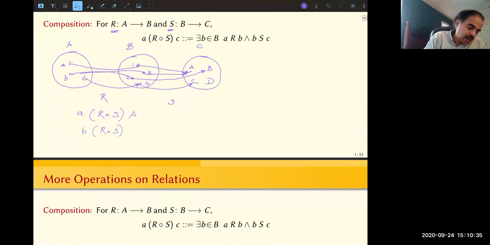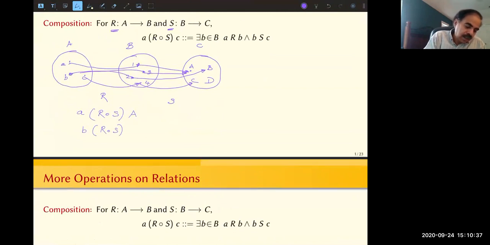So you can go from B to number 3, and from number 3 you can go to A. So we have that. And then we also have another path. So from B you can go to number 2. Number 2 will take you to B. So you can do that. Okay, so that's how composition works. Okay, so we can understand composition in terms of this kind of a picture, but sometimes you can understand it